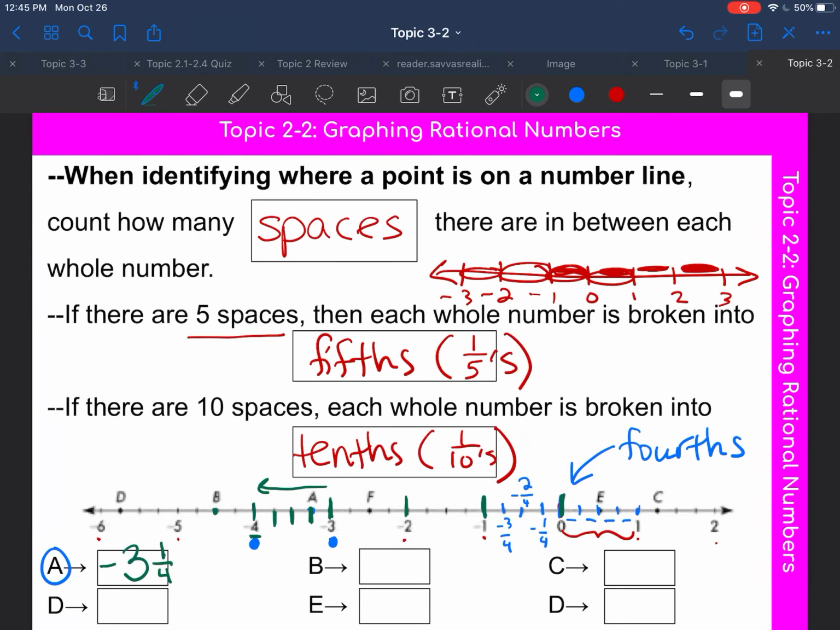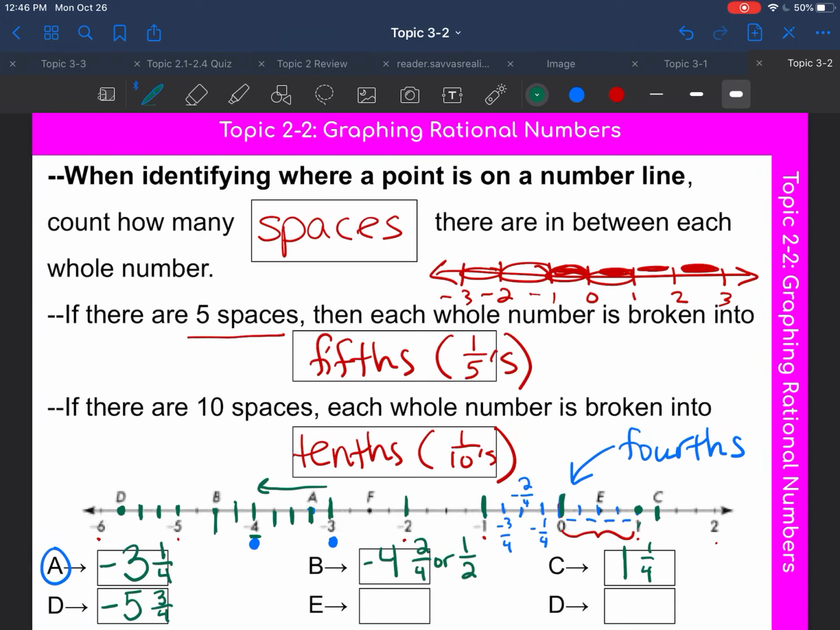B, I see, is right here. If we start at negative 4, negative 4 and 1/4, negative 4 and 2/4 is B, and negative 4 and 2/4 is the same thing as saying half. C is right here. We have 1 here, so the next available fourth is 1 and 1/4. D is right here. We can start at negative 5, or at 0 if you want to, but negative 5 is going towards negative 6, so it's negative 5 and 1/4, negative 5 and 2/4, negative 5 and